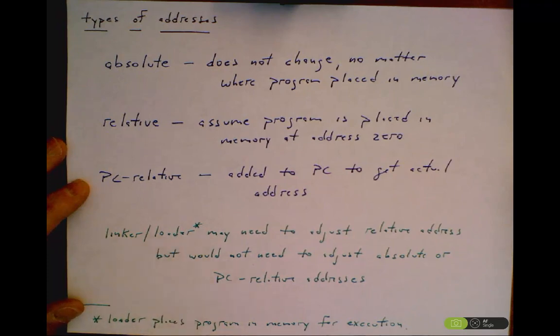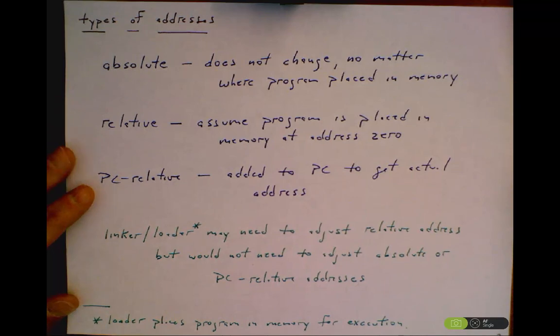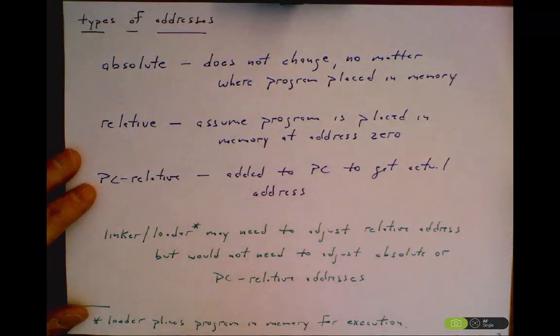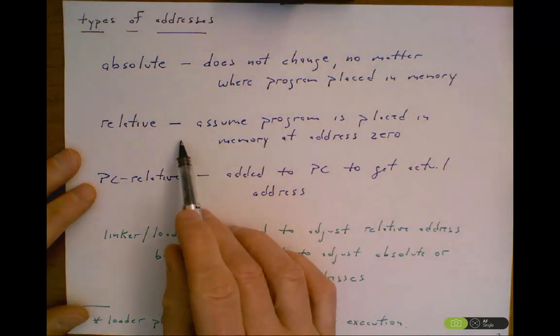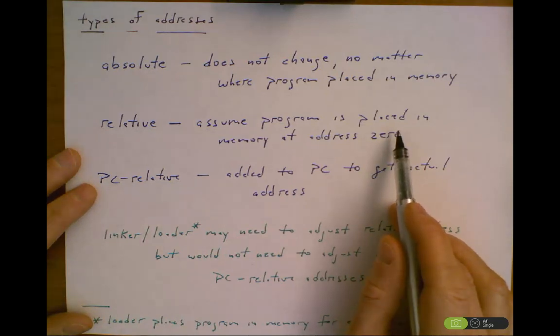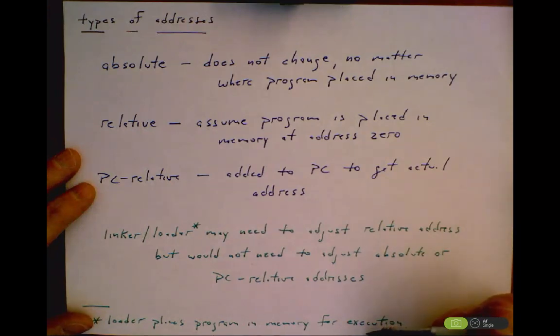And what do I mean by the loader? The loader is what puts the program in memory for execution. So it takes an a.out and puts it in memory. So if your machine has relative addresses, as the loader brings a program in and places it, let's say, starting at address 1000, the compilers and the assemblers have assumed that the program, for the time being, was going to be placed at address 0. The loader will actually make that adjustment, right? It'll add 1000 to all those relative addresses,